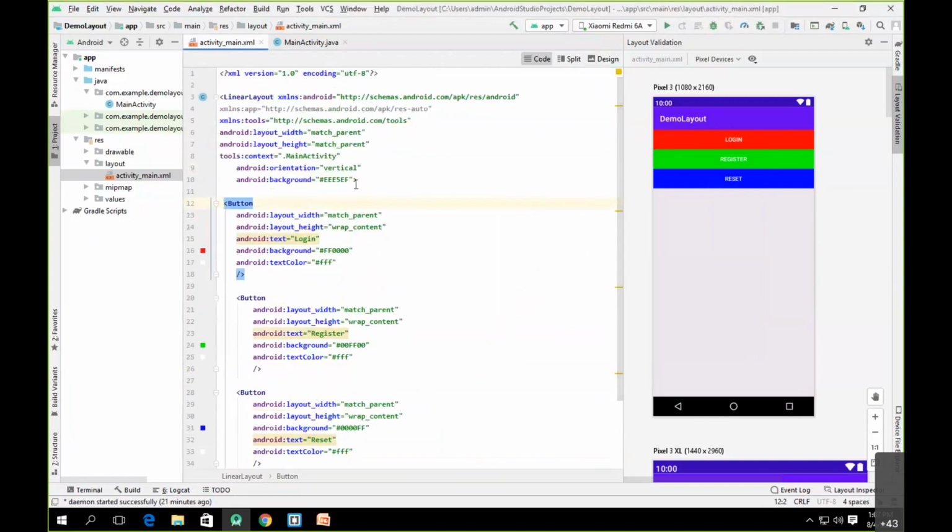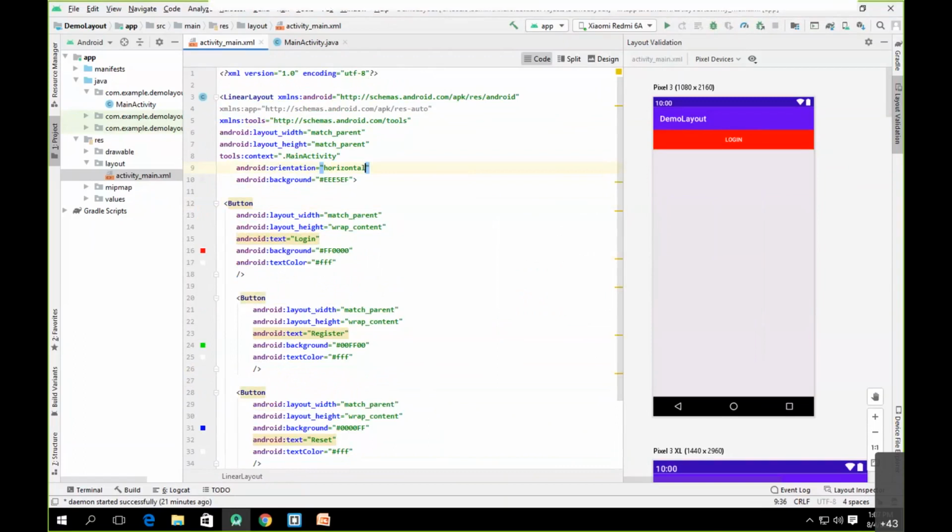Now, let's try to change the orientation from vertical to horizontal. So we'll make it horizontal. Now, as you can see, once I choose the orientation horizontal, only a single button is visible. The reason behind that is we have chosen the width of the button as match parent.